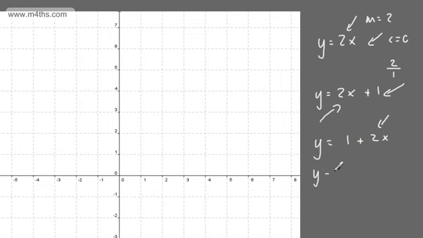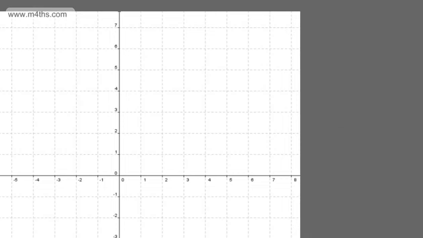So y minus 2x is equal to 1 can be rearranged in the form y is equal to mx plus c. This is ideally the form we want it in to be able to read it. So we'd simply add 2x to both sides. Y is equal to 2x plus 1. Don't get caught out on them. So nice and straightforward. Let's look now at the fractional